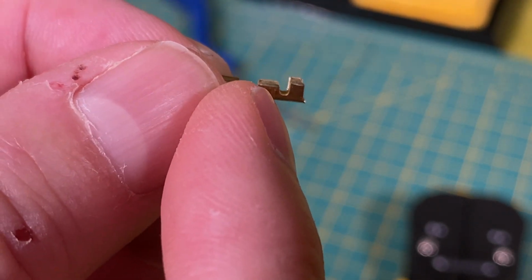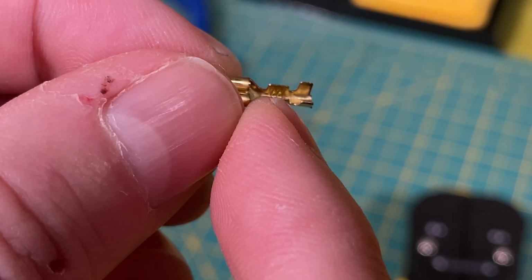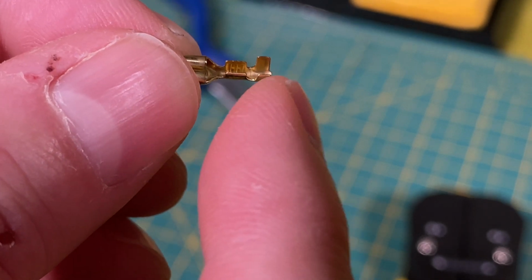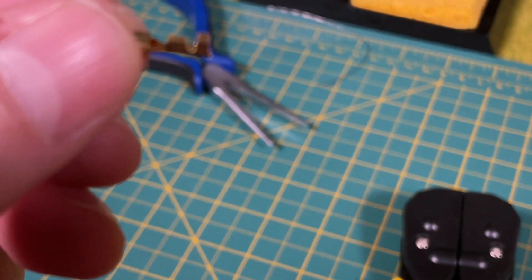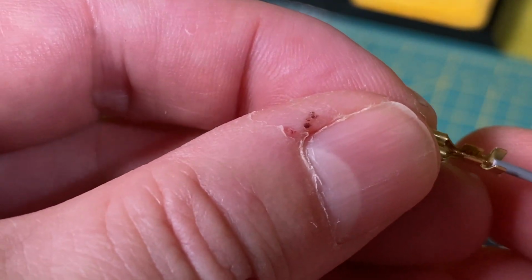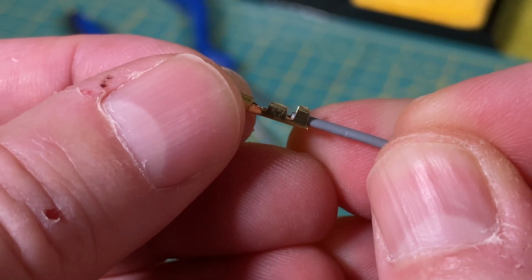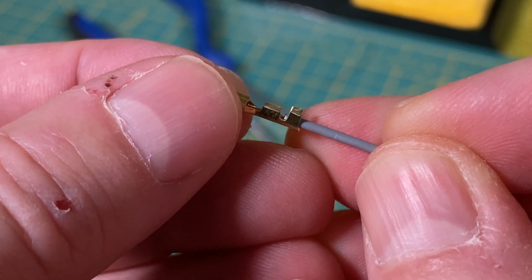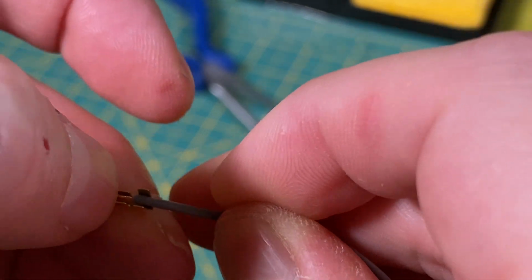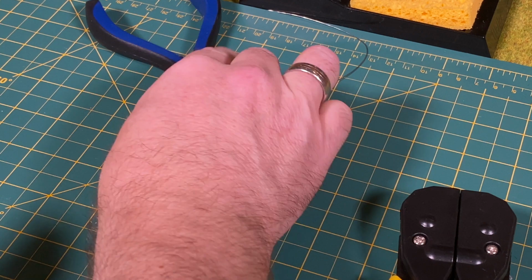Then we kind of got two things here. One place here where I want to have the electrical connectivity, and the other one to actually hold the insulation. So the way to do this is to put your wire in like this. So you see it's behind the first tab here on the spade connector, and when you have it in here, you can basically, let me just see if I can do it here, then you can take